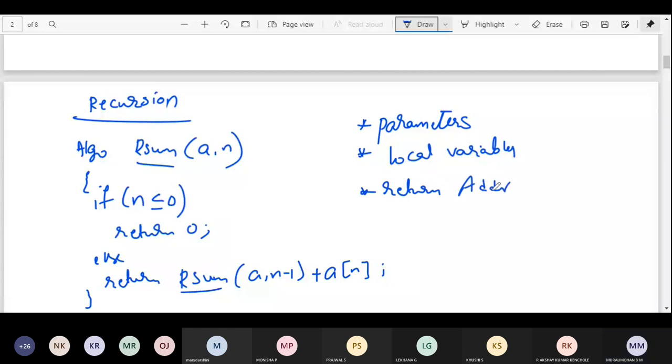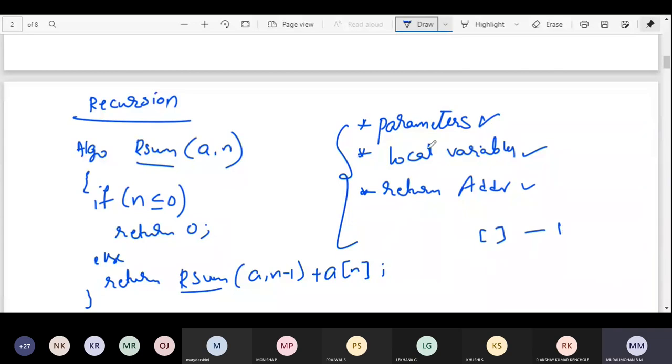When recursion is there, it has to store parameters, local variables, and the return address. For each recursive call, it has to store these three values. Suppose you are having a parameter array, then it is taking 1 unit.